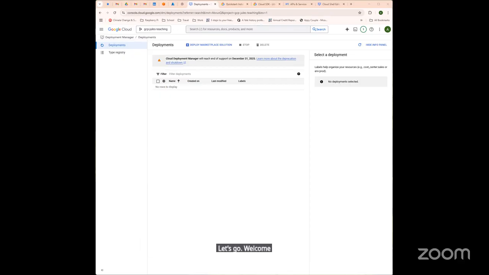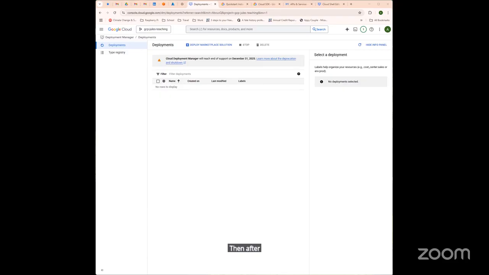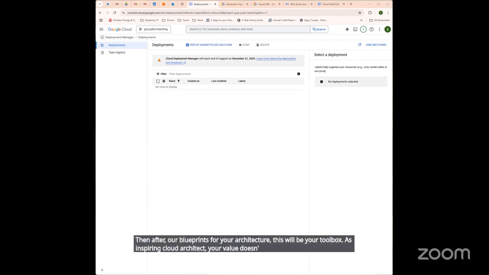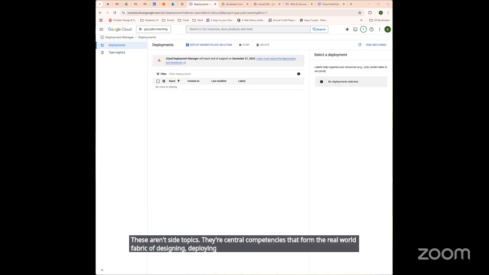Welcome to this foundational segment in your journey toward earning the Google Cloud Professional Cloud Architect certification. With the chapters before and after our blueprints for your architecture, this will be your toolbox. As an aspiring cloud architect, your value doesn't have to come from just knowing what GCP offers, but from understanding how to operationalize it. That's where GCP's administration tools, deployment services, and automation capabilities step in. These aren't side topics. They're essential competencies that form the real-world fabric of designing, deploying, scaling, and securing GCP environments